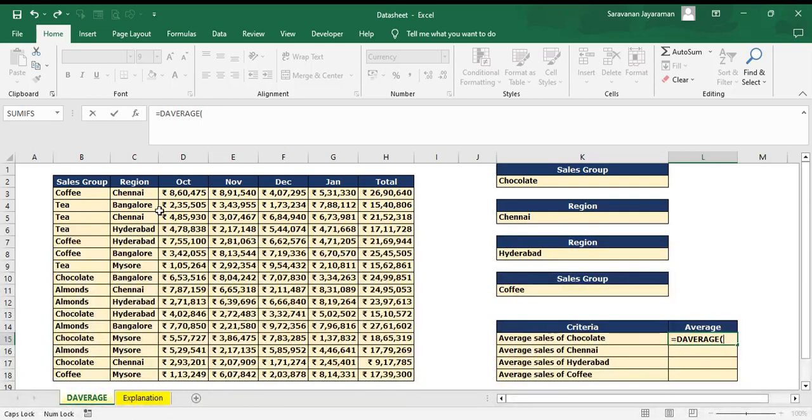Open the bracket, database. So the first argument is database. So we'll select the database. Okay, comma, the field. The field is from where we want to calculate the average. So we want to calculate the average from the total field. So we'll select this field,